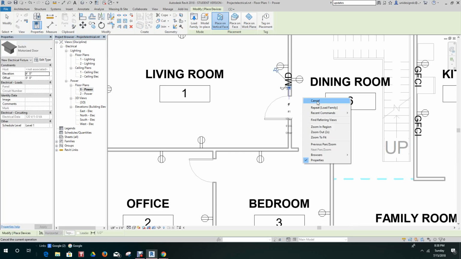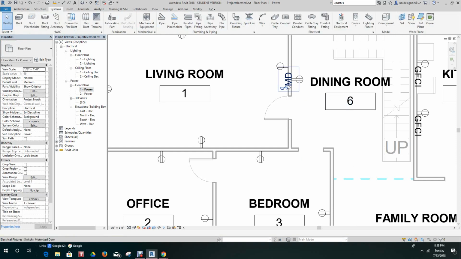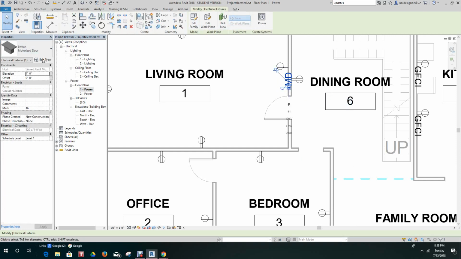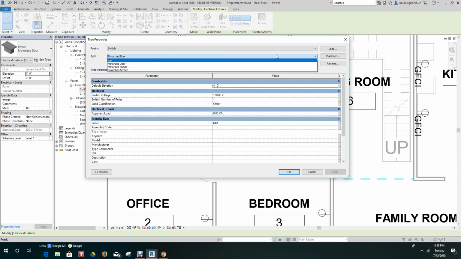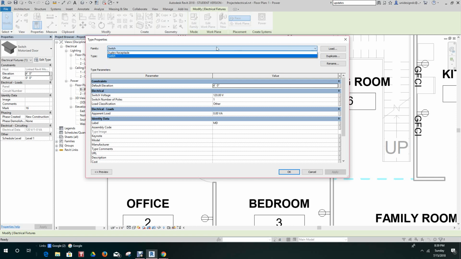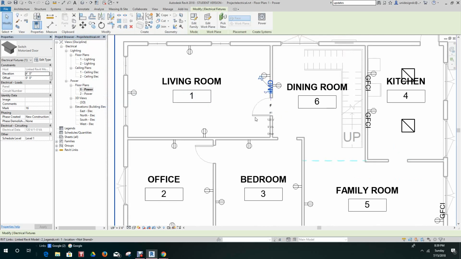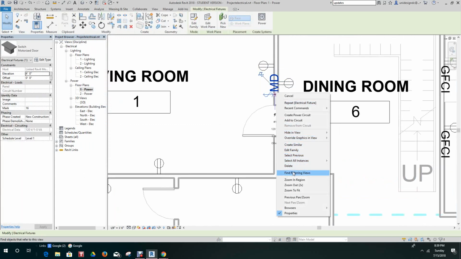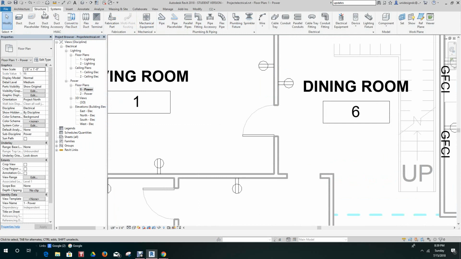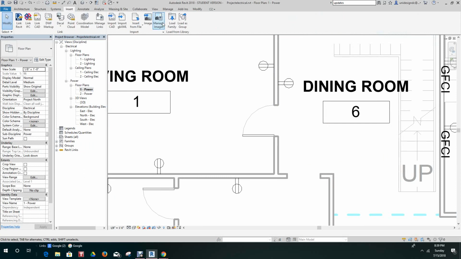So we can do this now. We can cancel that. We can grab the switch and we'll edit the type. We should just have a regular switch here. Maybe I selected the wrong one, so okay, we'll cancel that. Wrong switch, guys. So let me go back here, delete this guy. Sorry, we're going to insert, load a family.